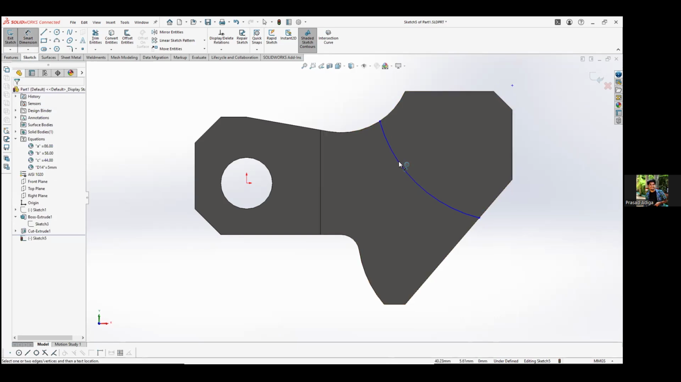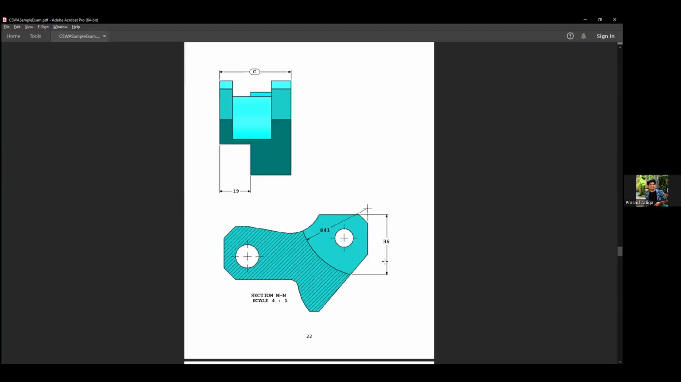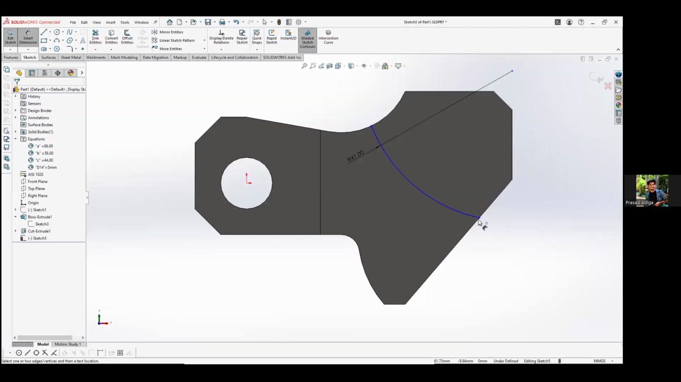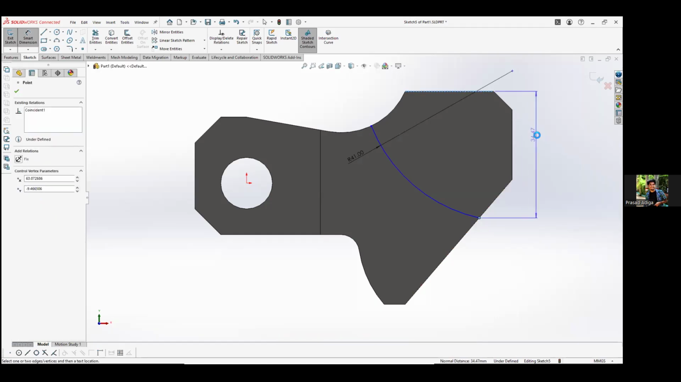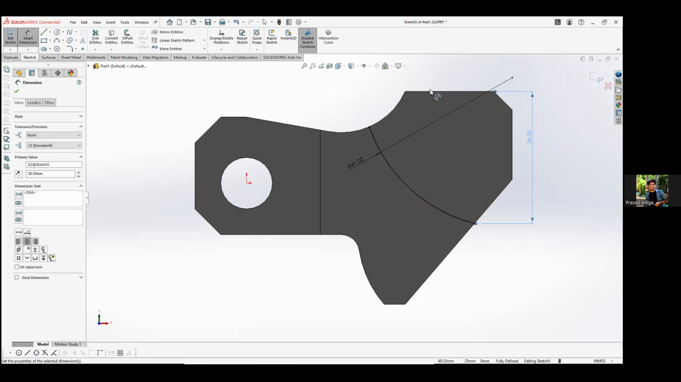After that, give the curve a dimension 41. And the last thing is 36, the edge point to the horizontal line, from here to here, which is 36, right? 36. So as you can see here, the curve is now completely